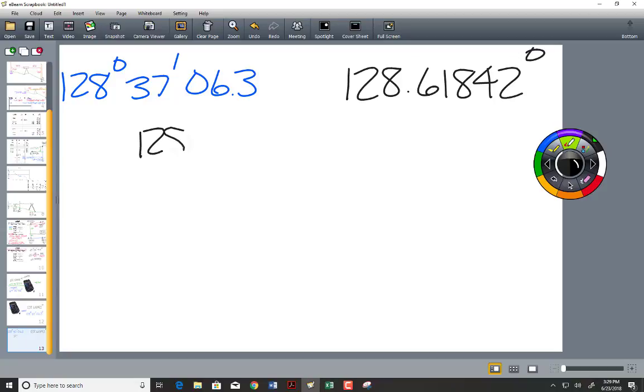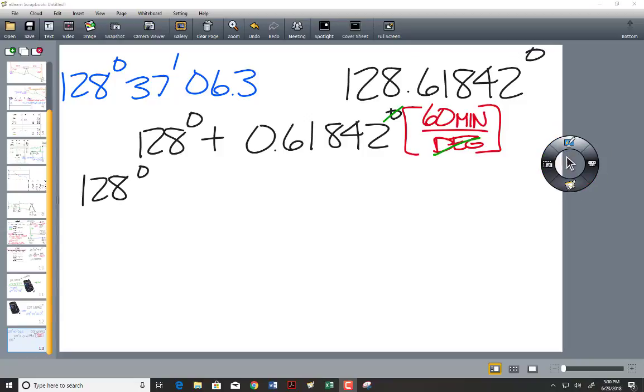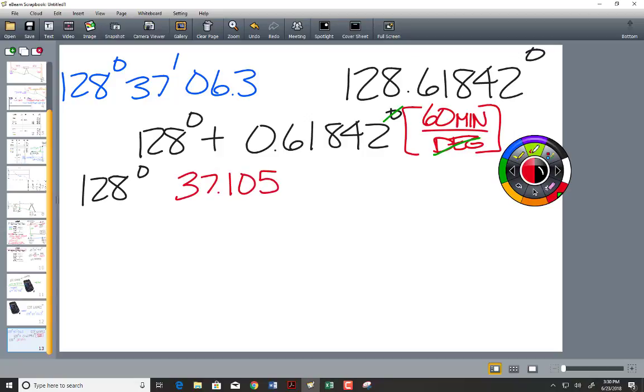So this is going to be 128 degrees plus 0.61842 degrees, correct? I just broke them up into two pieces. Then I know I have 60 minutes per degree, so my degrees will cancel. That leaves me with 128 degrees, and 0.61842 times 60 gives me 37.1052 minutes. So I take 128 degrees,